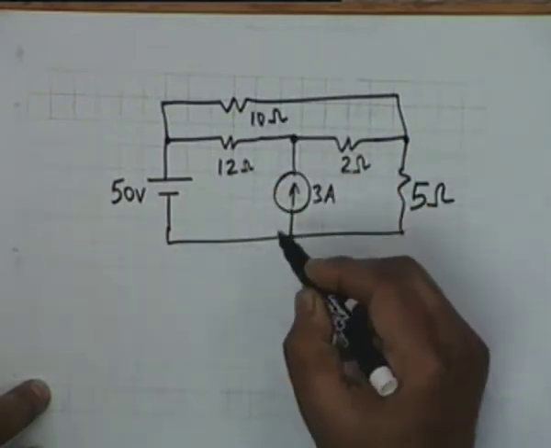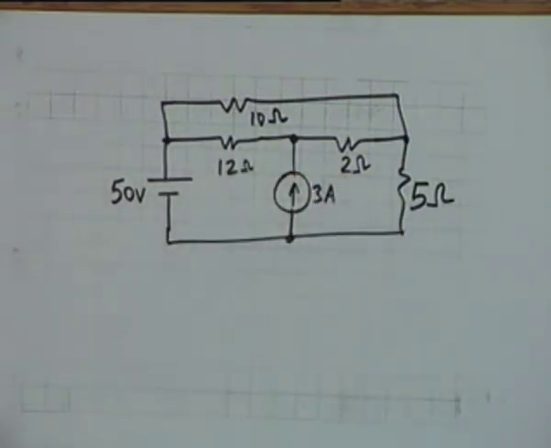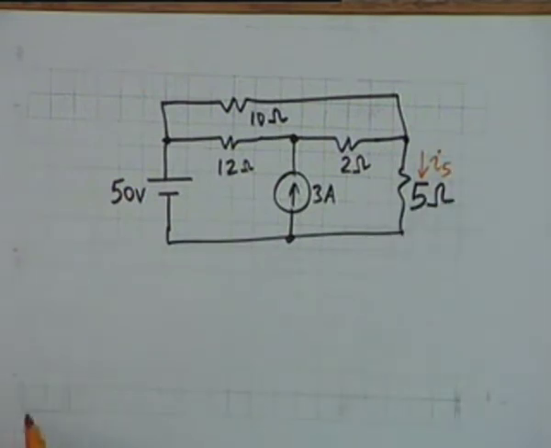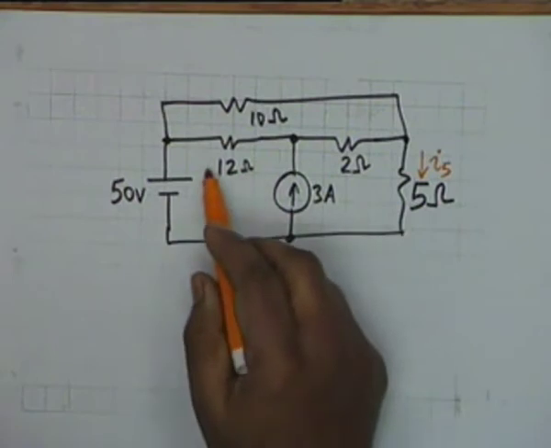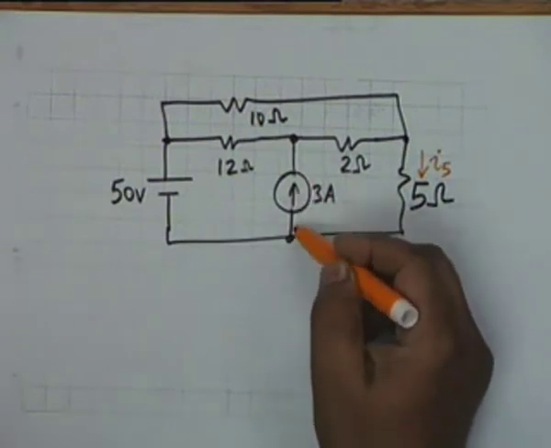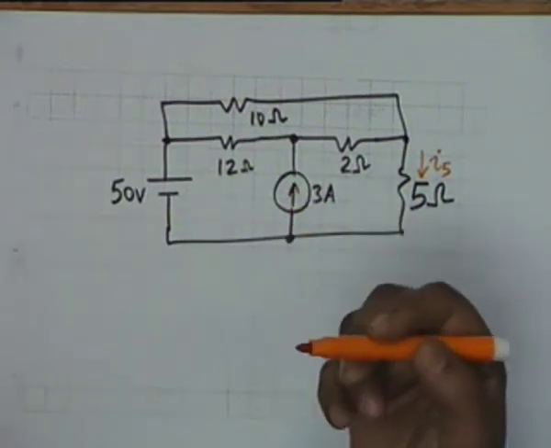Have you been able to draw? And you want to find out, let us say, this current. Let us call this I5. That is the current in the 5 ohm resistor, or any arbitrary current, it does not matter. We will solve the network completely. What is the problem here is that branch current formulation works perfectly all right. You can formulate currents in the two branches, currents here. This current is a constant current source, so this is known, 3 ampere.